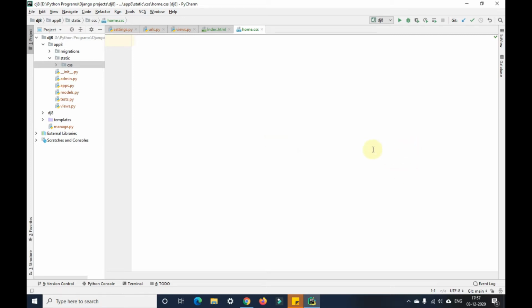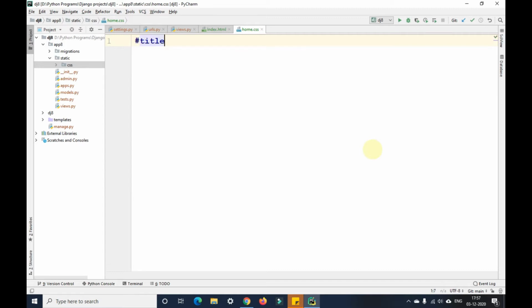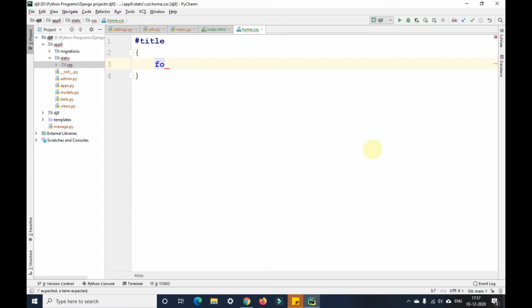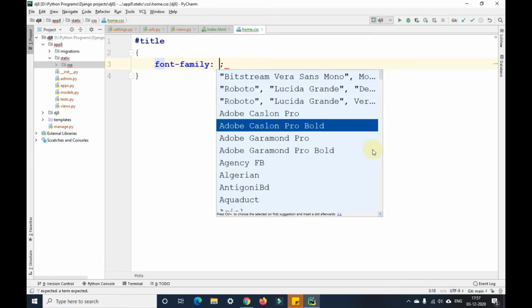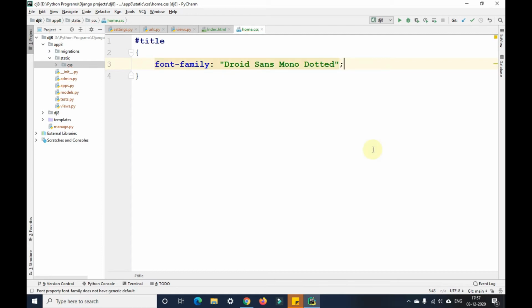In this I'll give some CSS style tags, be it some IDs or classes. The IDs are declared with the hashtag guys. So hash, I'll give title here. For title I'll give some style. In this font family I'll give anything that is good here.